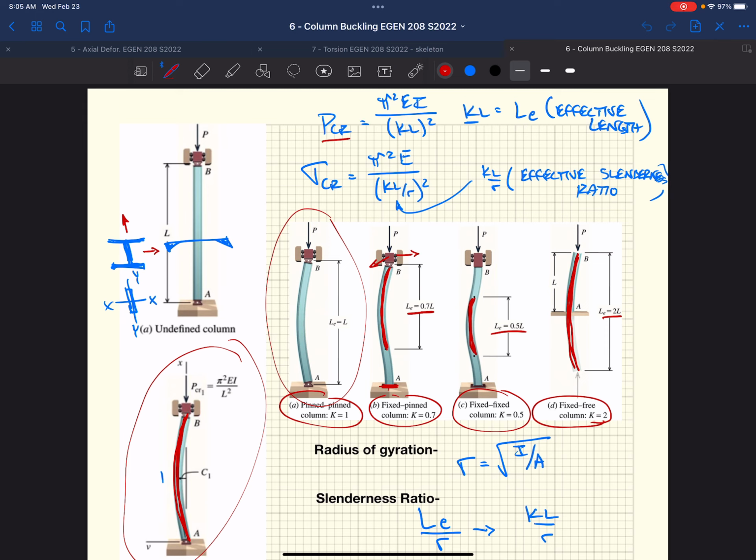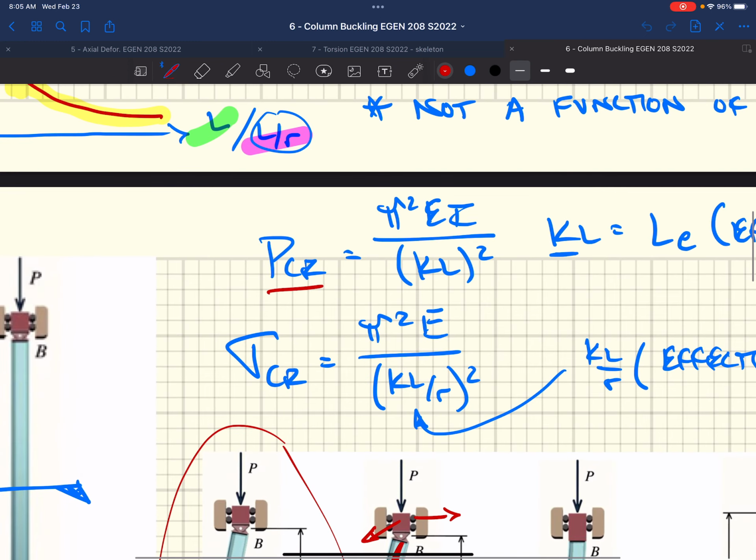So going through the homework, in the real world you would look at a column and analyze its fixity, the top and bottom, to decide what the effective length of our column is and what values we would plug into our P critical and sigma critical equations in order to get capacities out of it. One thing to also note,